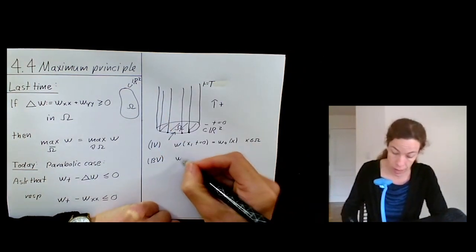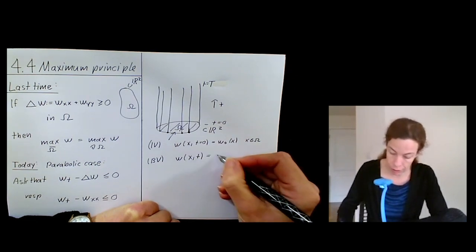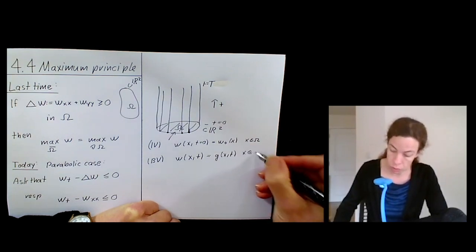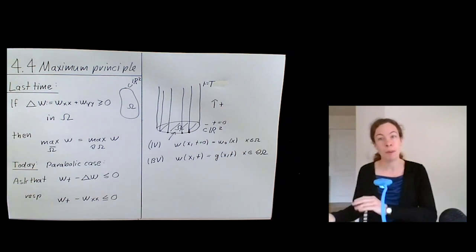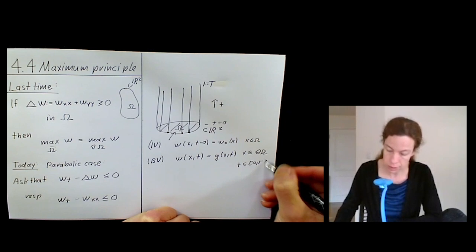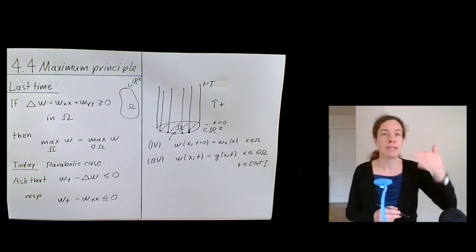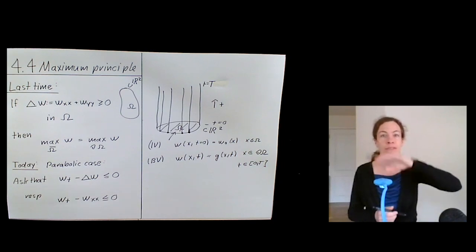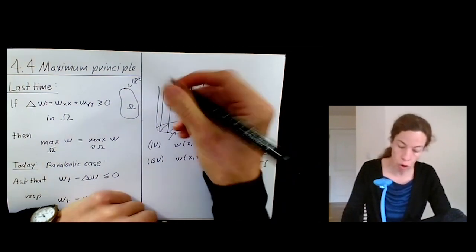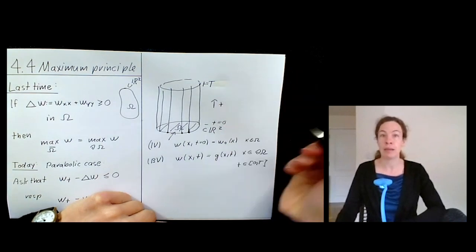So I'm asking that W of x and t is given by some function g of x and t, where my x is now constrained to be in the boundary of your spatial domain, but my time t is in the whole time interval, 0 up to T. So your space-time domain is going to be some kind of cylinder in R3. This would have another, in some sense, boundary just as a set, and that would be this top part here, where you're considering t equal to capital T.